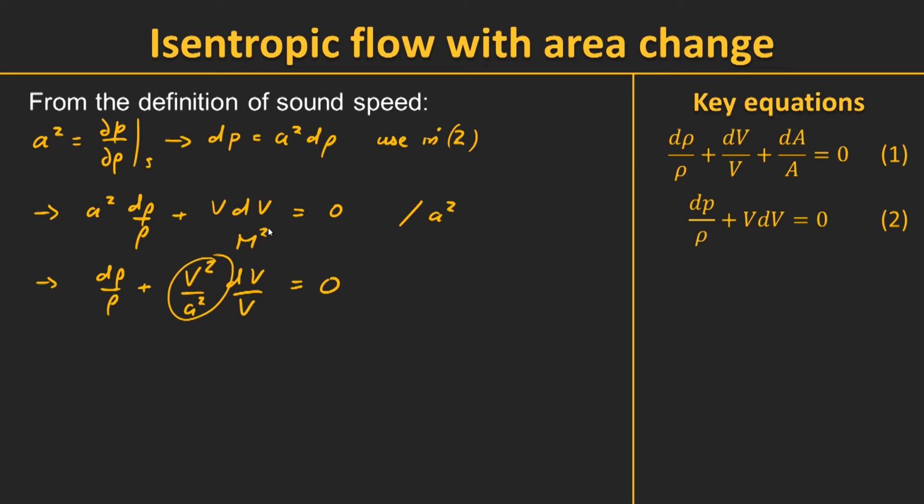So what we have ended up with is dρ on ρ is equal to minus M squared dv on v. Now this we're going to label equation 3,